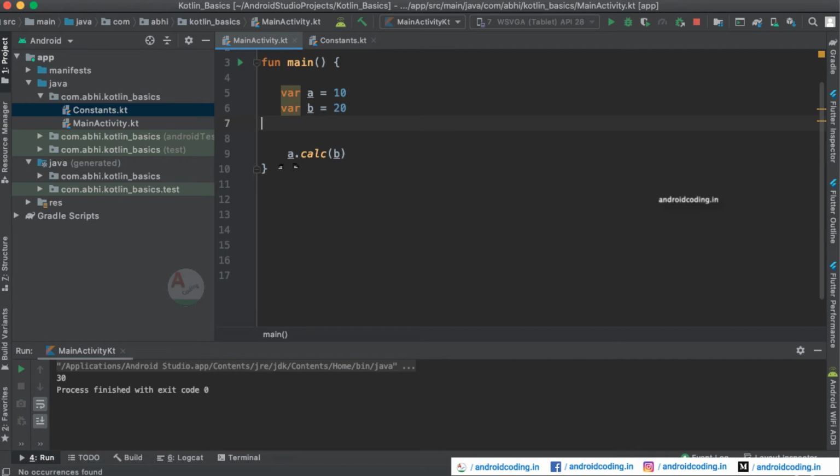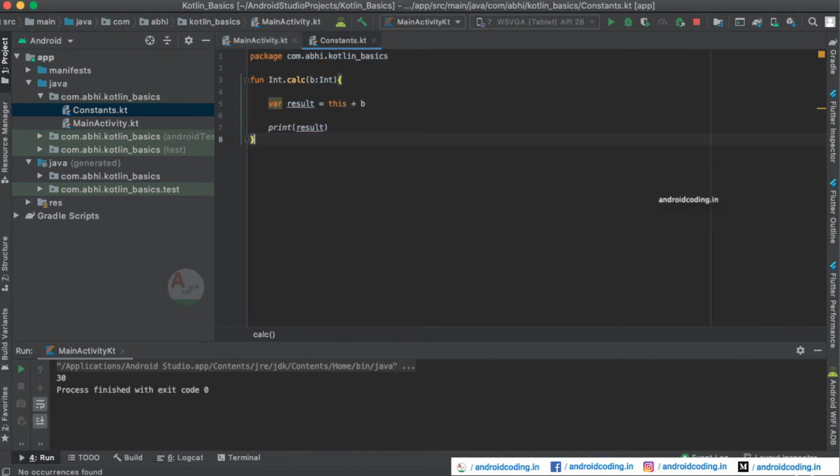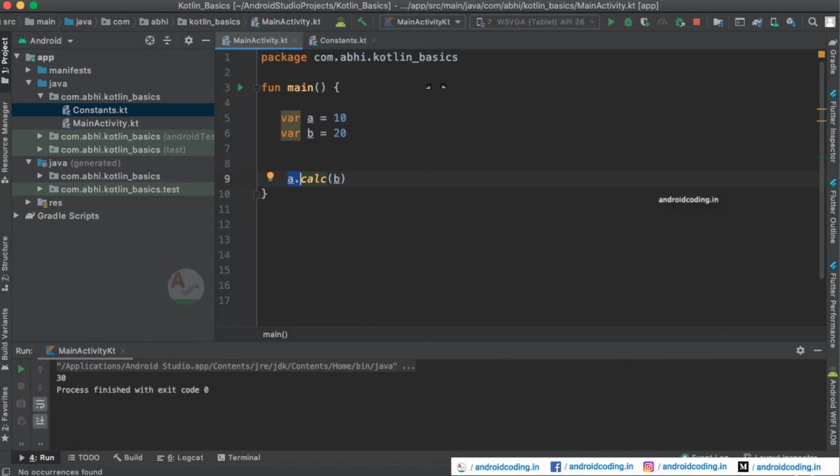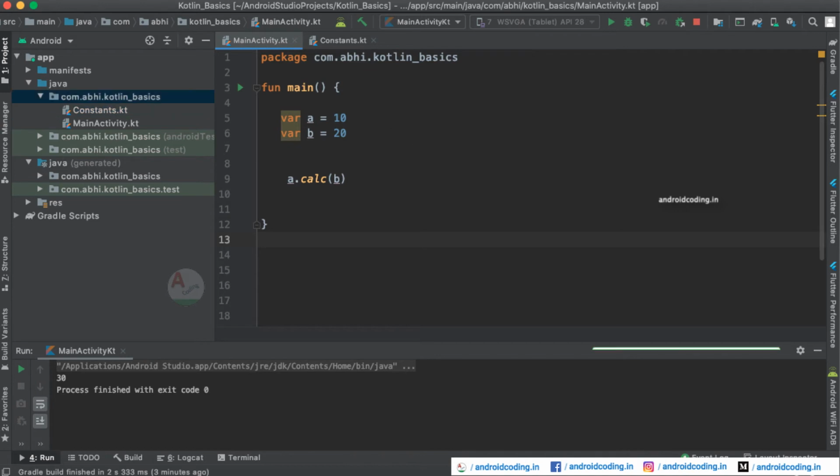So here you can observe that we are not getting an error. Though we have moved our code to another file, still we are not getting an error here. So it is the main advantage of an extension function. Extension function provides additional features to our existing classes without inheriting them. So we are not inheriting this anywhere in our code. You can see we have not provided any import here specifically, but still we are able to detect this calc method. So not only from the main activity, you can create